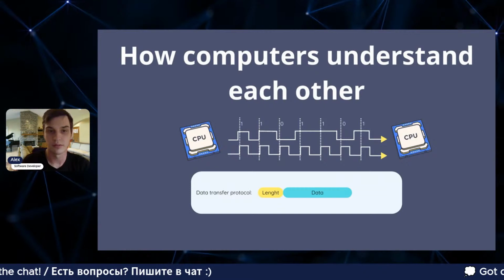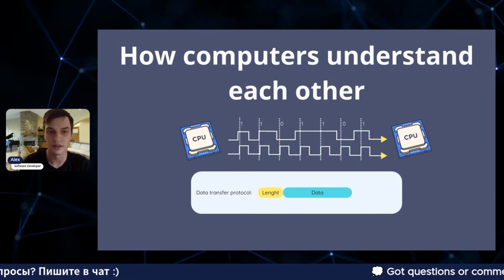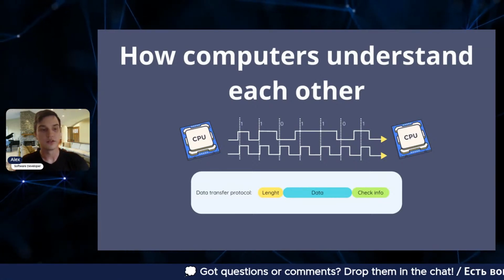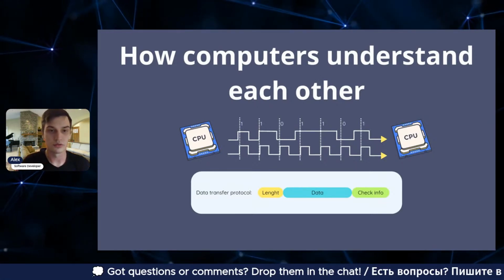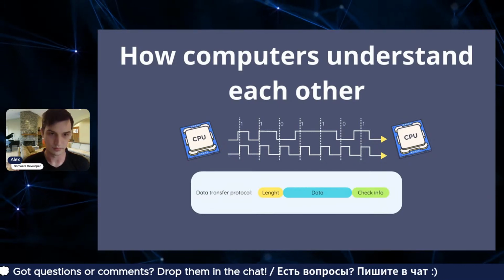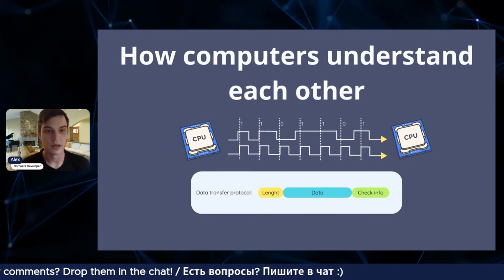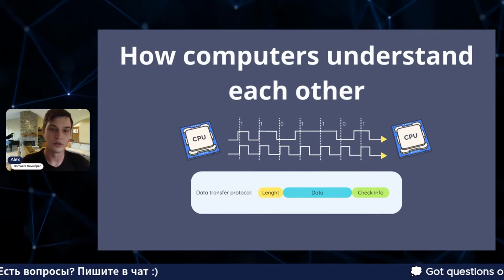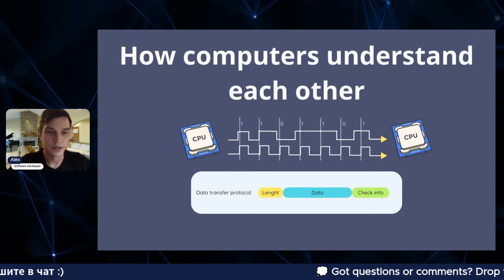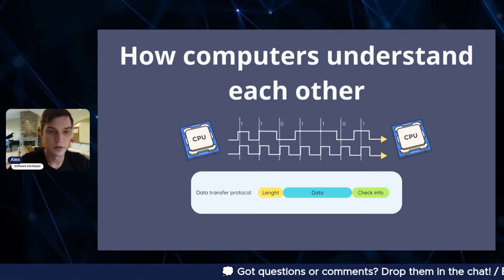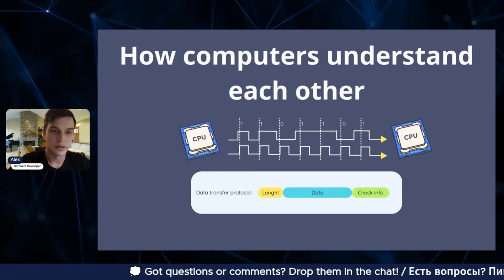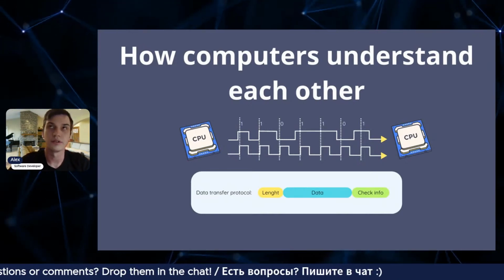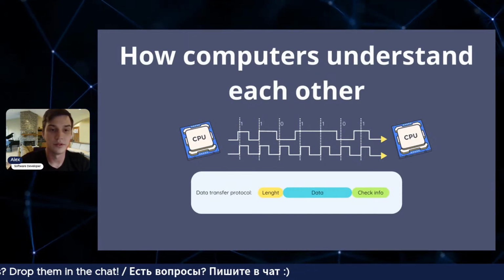The receiver needs to check the information that it received, to see that it's okay and it can work with it. And here comes the check info. So the goal is to understand that the information is okay, and how the check info works. It is usually called a checksum. So the first CPU, when it creates the message and knows the data, somehow calculates a number, usually 16 bits,